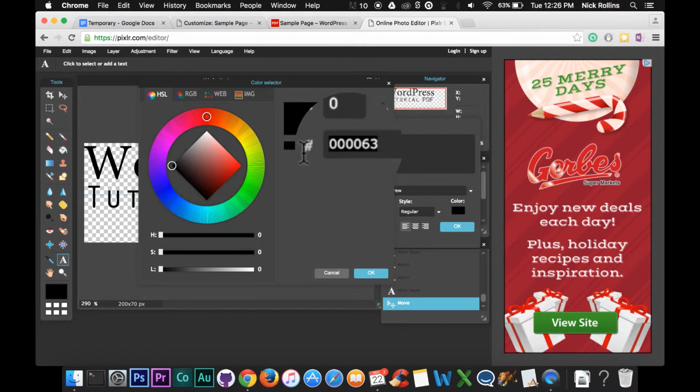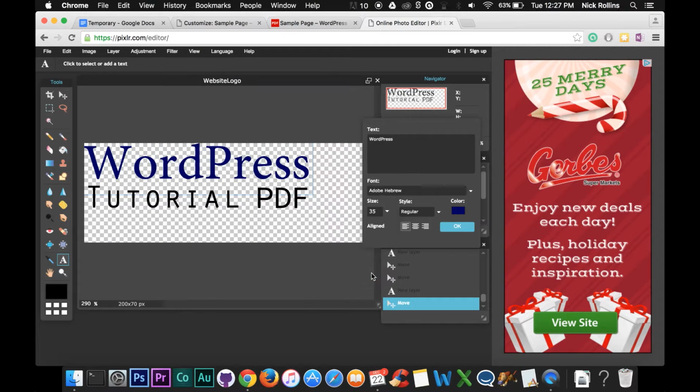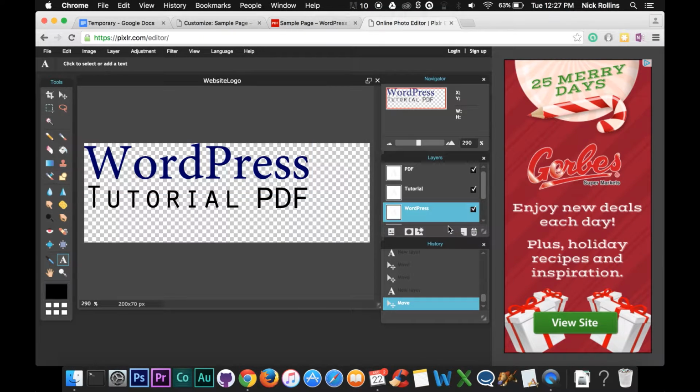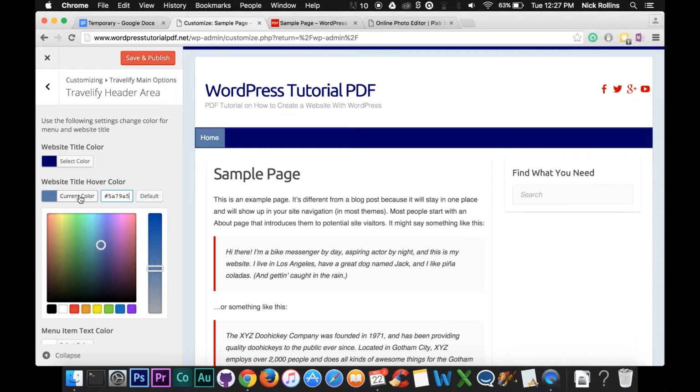So if you highlight that again and hit Control V on Windows or Command V on a Mac, you'll see that it actually changes the color. So keep that in mind. Okay, click OK, and that changes the WordPress part to that navy blue that we're using. Now click OK in the text box, and I'm going to go back to my dashboard and get this other blue color here. If we hit select color and copy this color code,